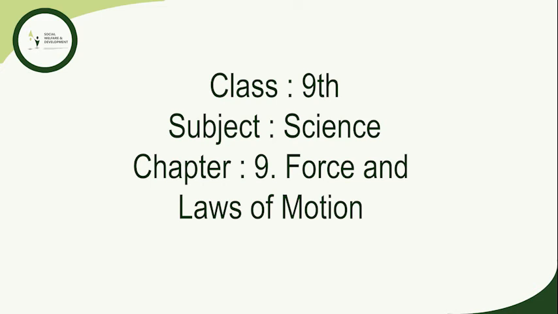Comparing the total momentum of the two balls A and B before collision and their total momentum after collision, we observe that the total momentum of the two balls remains unchanged or conserved, provided no external force acts on them. We can say that the sum of momenta of two objects before collision is equal to the sum of momenta after collision, provided that no external unbalanced force is acting on them.